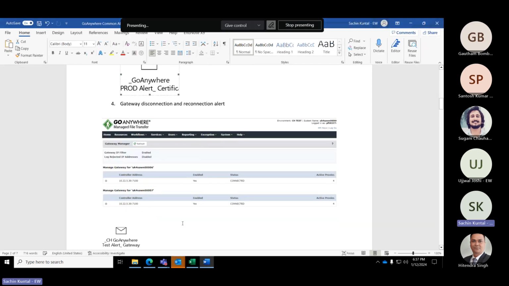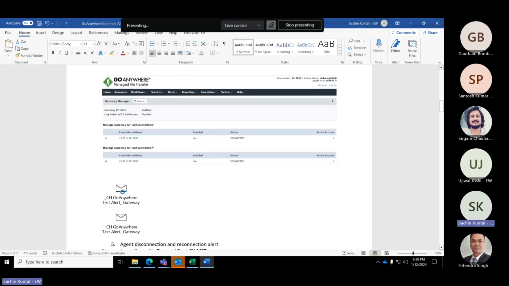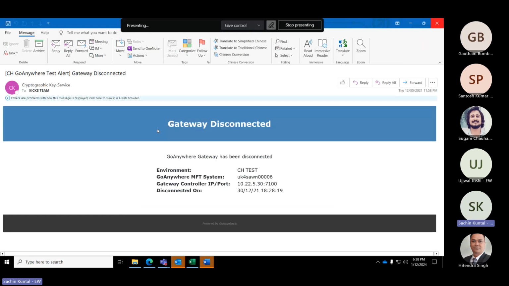Now, as you know, we have MFT servers and gateway servers, and it is a load balanced environment. So at times there might be some network issues and one of the servers might get disconnected for some reason. In that case, we receive alerts like this, which highlight which server got disconnected and at what time.